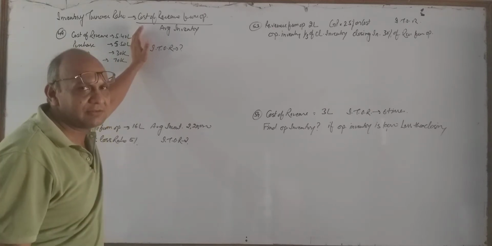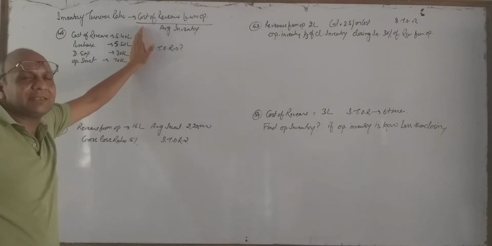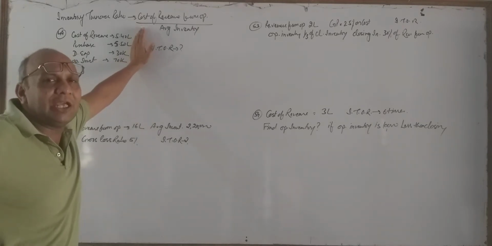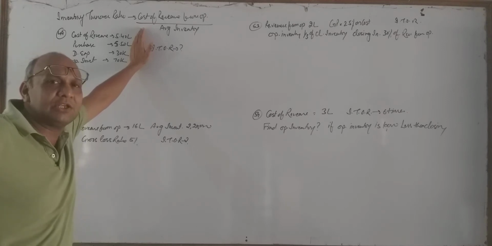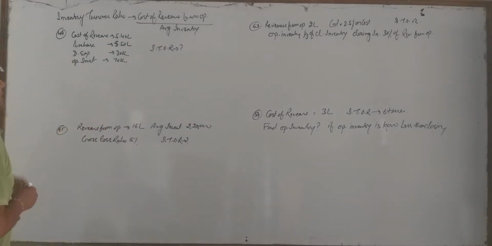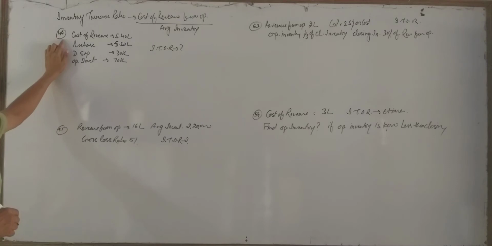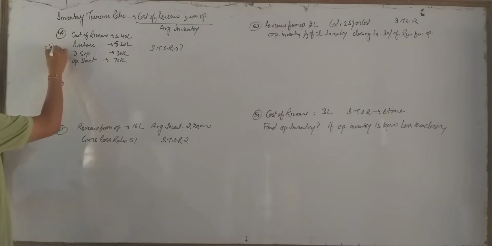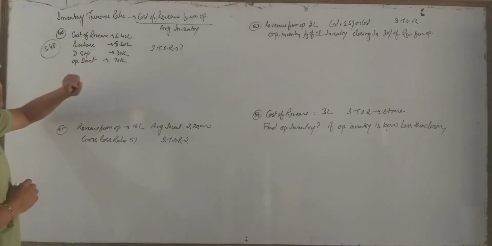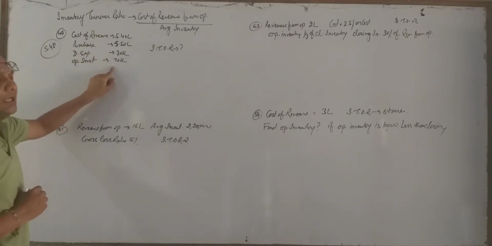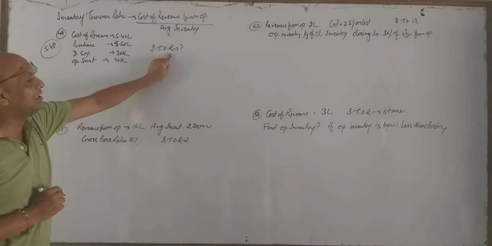How many times? This ratio tells us, as I told yesterday, how many times we are able to sell our goods in the market. The higher the ratio, the better the position. We are doing illustration number 49, page number 5.48 as per my book. We are given cost of revenue, purchase, direct expense, opening inventory, and the sum asks to calculate